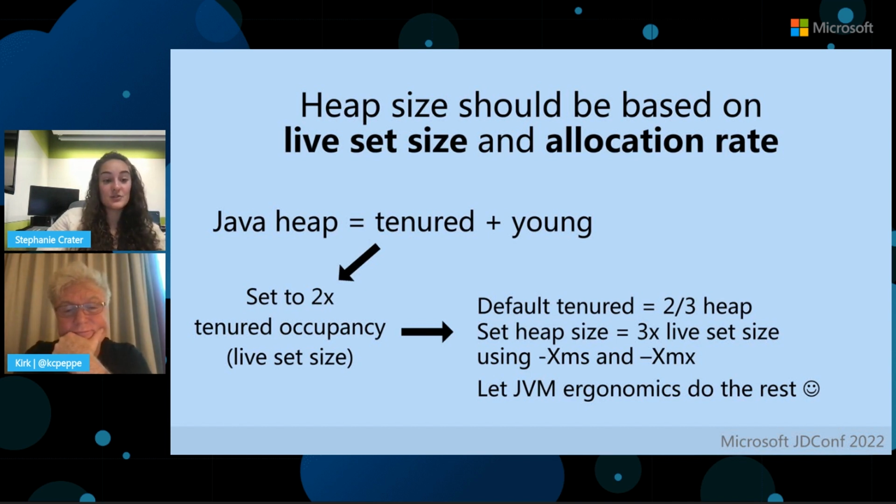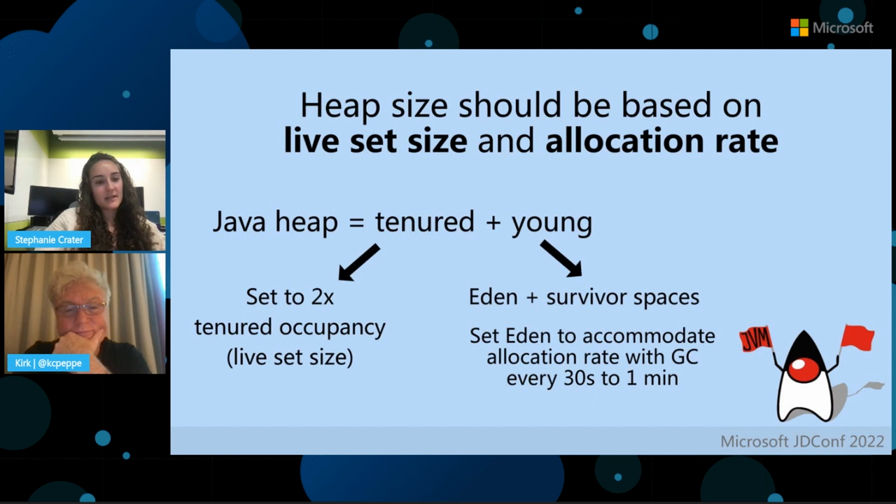But if you do want to keep going there and size the young generation as well, the young generation is made up of Eden and survivor spaces. So you can set your size of Eden to accommodate your allocation rate, let's say with a GC frequency of every 30 seconds to a minute. So if I'm allocating at a rate of 1 megabyte per second, which is a dumb number, but it works for this, then I would have a 60 megabyte Eden to accommodate a GC frequency of every 1 minute. And I could start sizing my survivor space, say my survivor space is the same size as Eden,